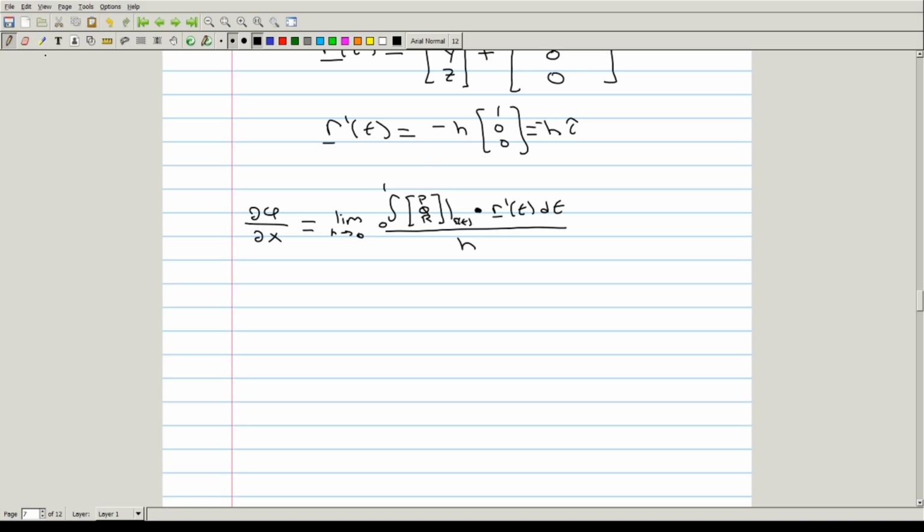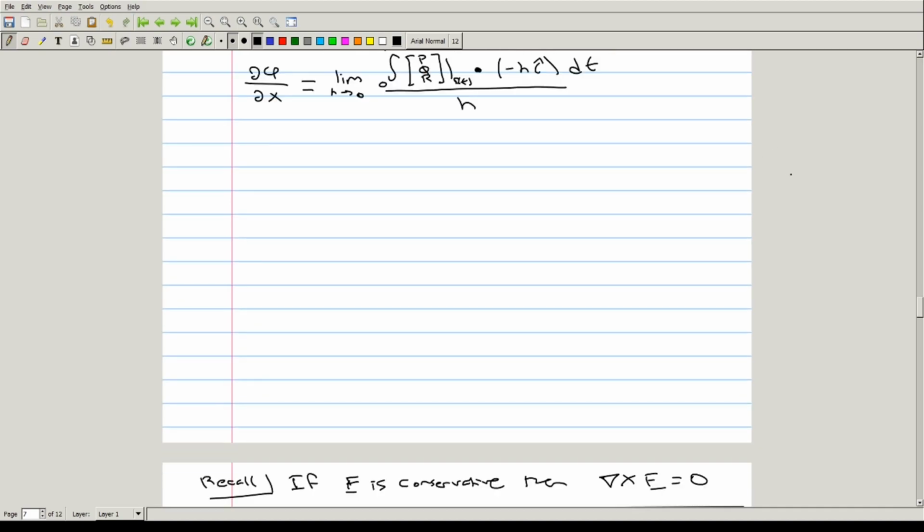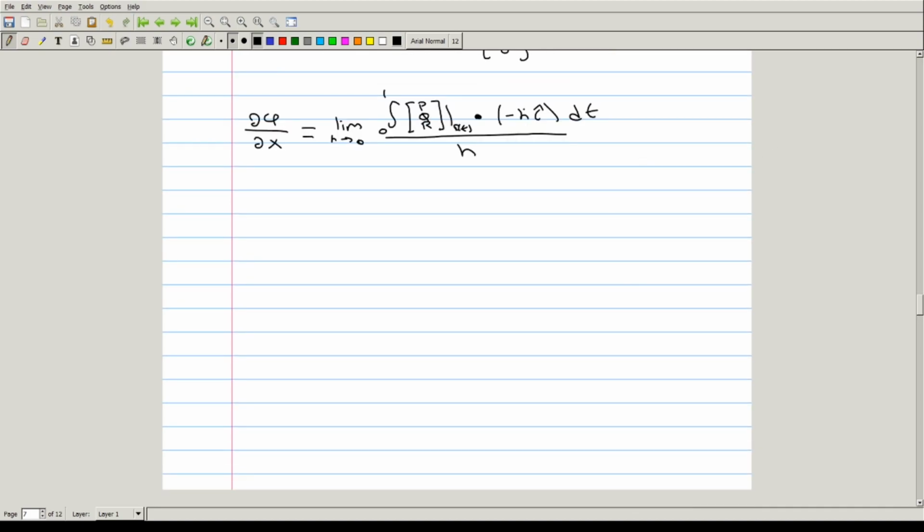And this is the dot product then with r prime, which is negative h times i, dt. Well, the h is constant in this integration with respect to t, so it comes out and cancels with this h. And what we're left with then is d phi dx is equal to the limit as h goes to 0,